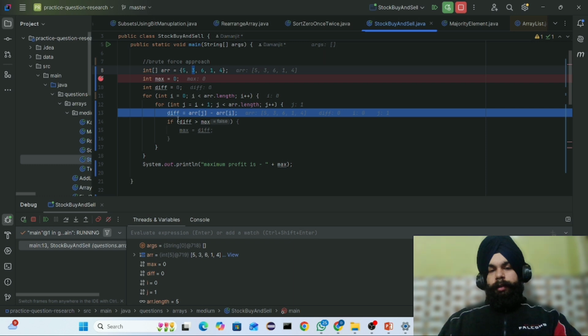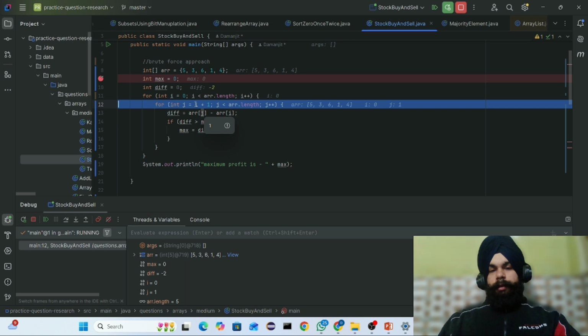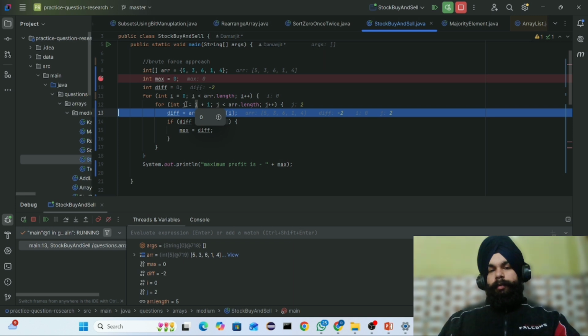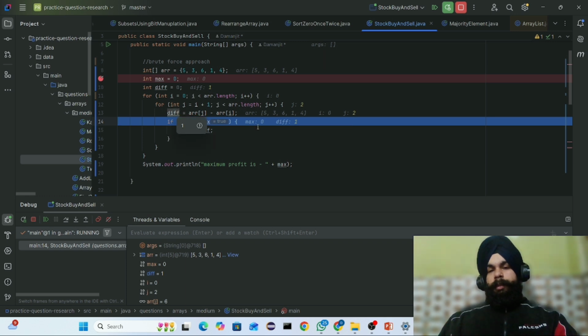So we are going to calculate the difference between 3 and 5. It will be -2, and initially our max is 0, then it will be 4. Then inside it will go till the last element of the array, and now our j will be 2, and then we have a 6, and 6 minus 5 will be 1. Then 1 is greater than max, then max